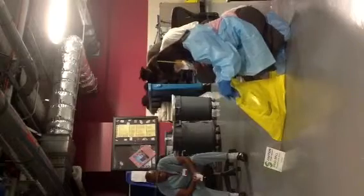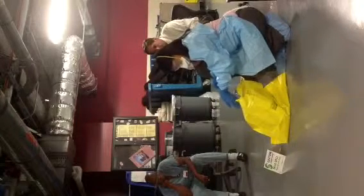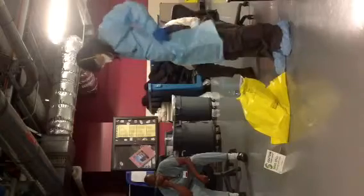And then, after we perform all the cleanup, we dispose all the contaminated items into this yellow bag. I take out the other glove, and then I pick up my